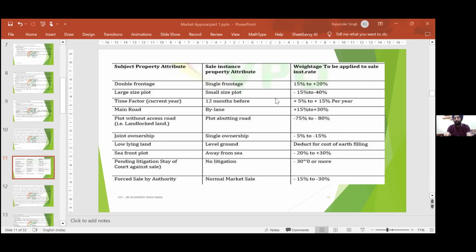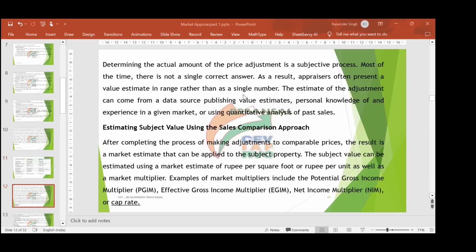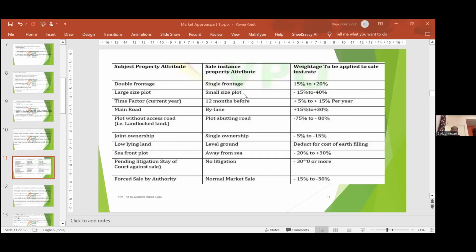तो तीनों अप्रोचेस एक दूसरे पर डिपेंडेंट हैं, ऐसा नहीं है कि एक ही लगेगी। कई बार आपको डाटा कलेक्ट करना है तो तीनों में से कोई भी लगा के डाटा कलेक्ट करना पड़ सकता है। कोई ऐसा एरिया जहाँ पे सेल ट्रांजैक्शन्स लंबे समय से नहीं हुई हैं। फिर आप उस एरिया में जाओगे, वहां कोई ट्रांजैक्शन नहीं हुई, तो देखोगे कि बिल्डिंग का वहां से रेंट कितना आ रहा है। रेंट से आप उल्टी कैलकुलेशन करके इनकम से कैपिटलाइज्ड वैल्यू निकाल लोगे। उस बिल्डिंग को आप अपनी बिल्डिंग के साथ कंपेयर करोगे और एडजस्टमेंट करोगे। वो कैसे एडजस्टमेंट करनी है अभी सीखते हैं।